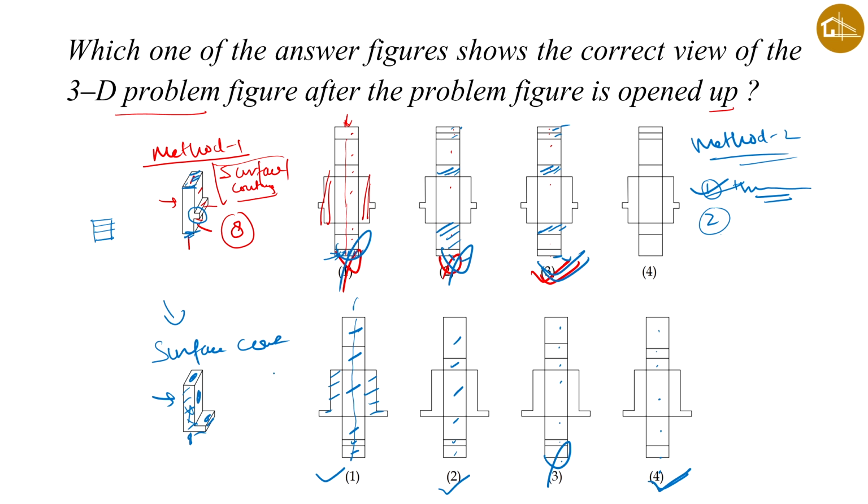Now we will take one more condition over here. You can see this hidden portion is very long, and this portion is also very long, and in between them there is only one surface, which is a small one. So if you see in the first option, this is the bigger surface, this one, and this is the small surface, this one, but this is relatively larger in size. So this is a wrong answer.